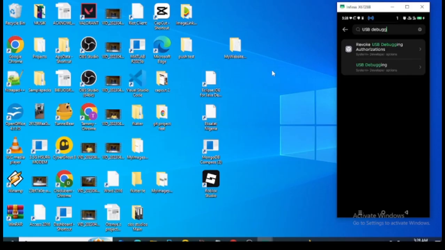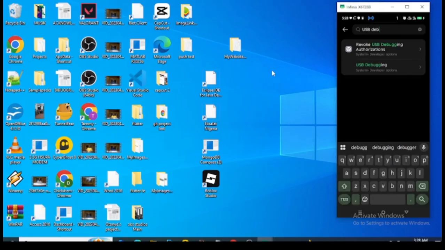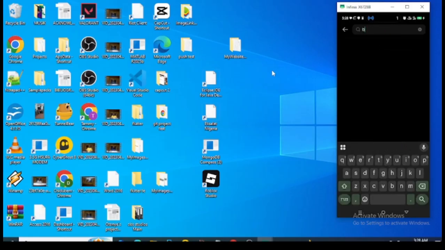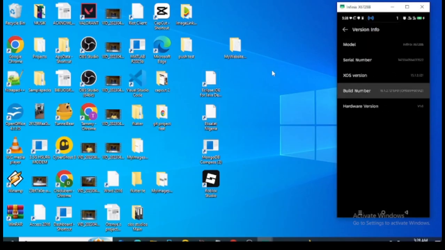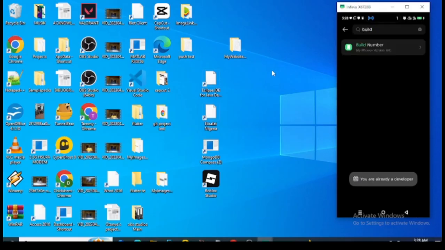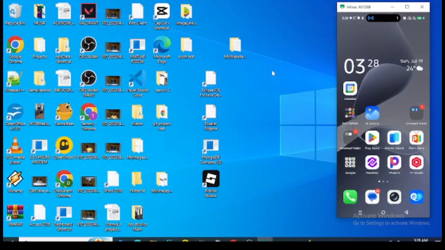All right, so the USB debugging. At the same time, we'll come here to where it says build number. So build number right here. This is the other one I showed you, build number. You want to click on it, and it says you're already a developer. So these are the two settings that you need on your phone to be able to successfully connect it